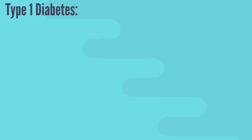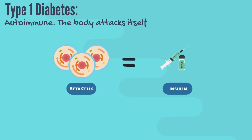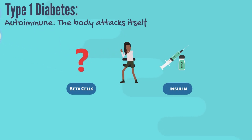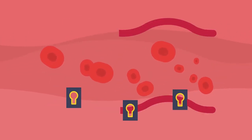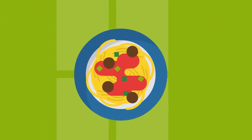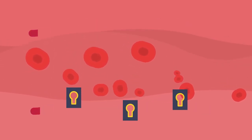By contrast, type 1 diabetes is an autoimmune process, which means that the body attacks itself. For type 1, your body attacks and destroys its own beta cells. Without beta cells, no insulin can be made. Without insulin, glucose can't get into the cells, so the carbohydrates in your pasta bowl are broken down into glucose molecules but can't get out of the blood vessel for the body to use for energy